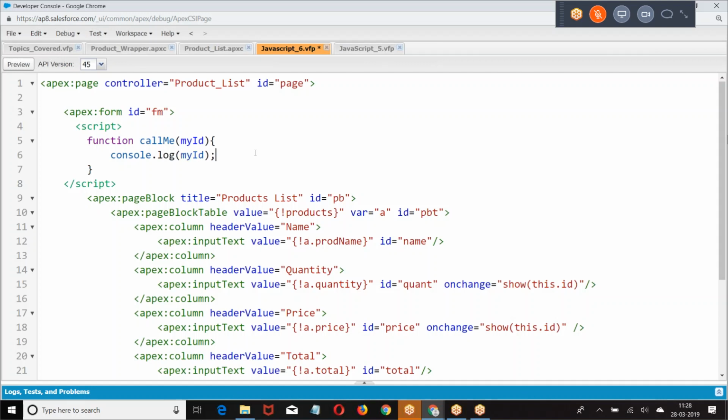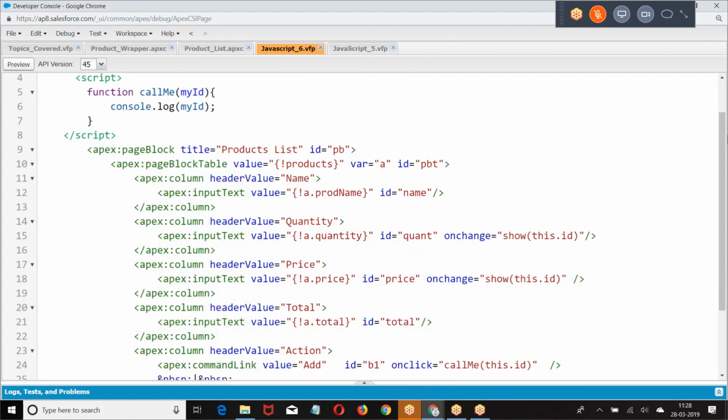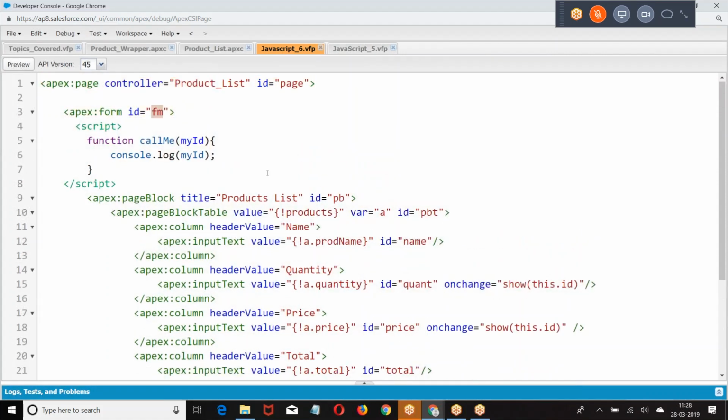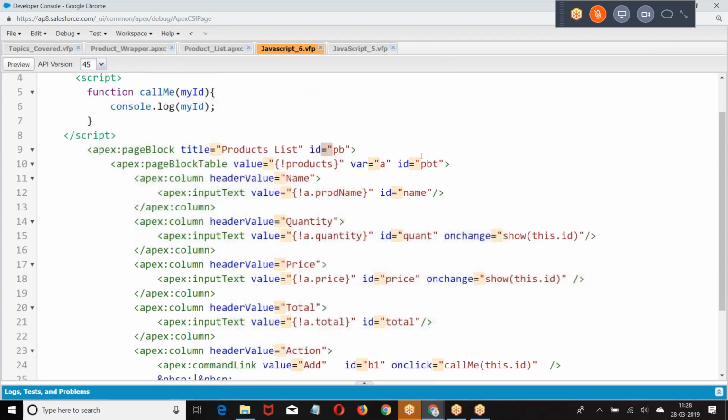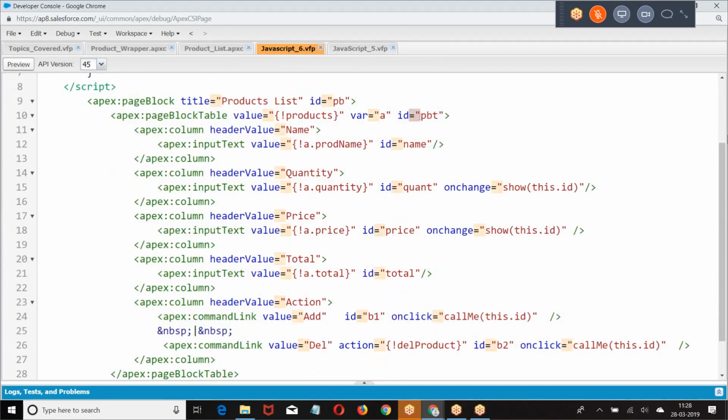Format is right, but somehow the ID is not getting passed. Let me cross check. They give anywhere any mistake. Page, form, page block table.